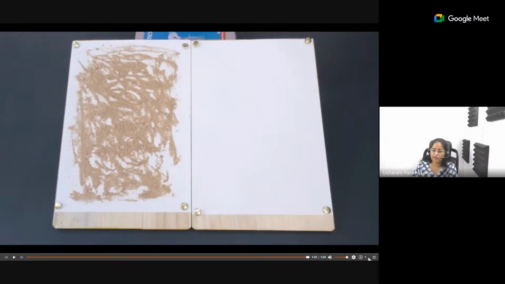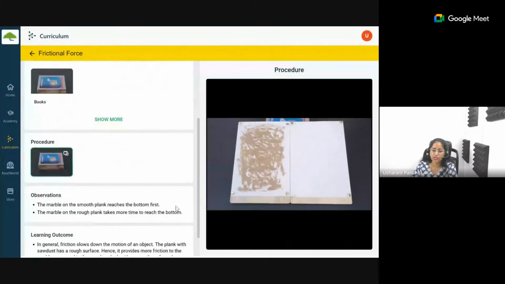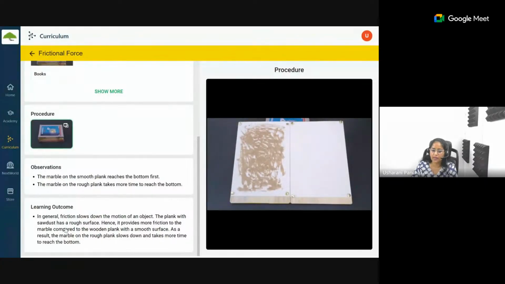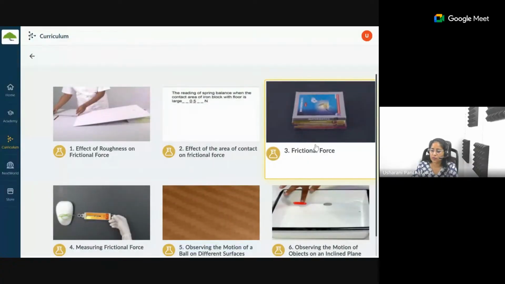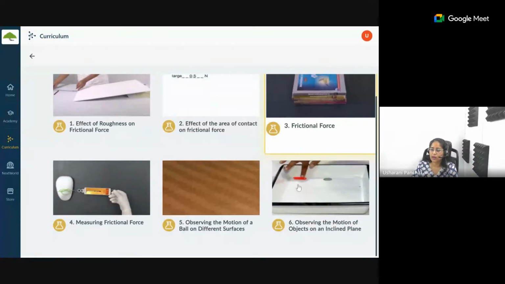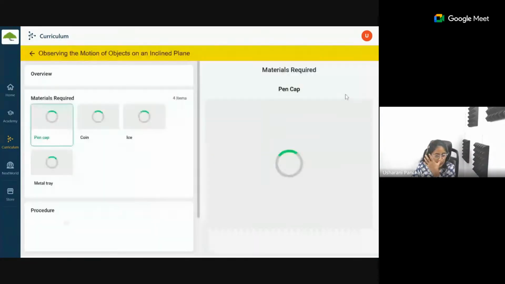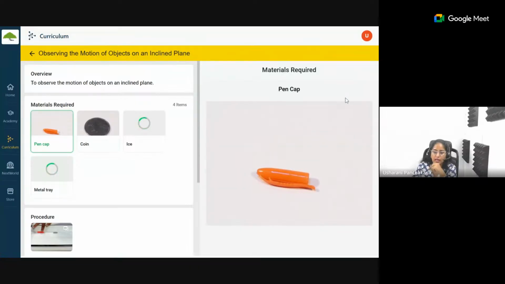So this is where we have some inquiry-based questions, and the observations being made, and what the learning outcome is, which the teacher can explain. And in a few cases, we even have observational questions as well as reasoning questions, and why did it happen within the activity. We have seen that this is 1.22, which I can say is a nano learning.